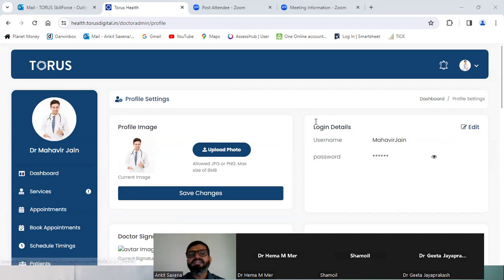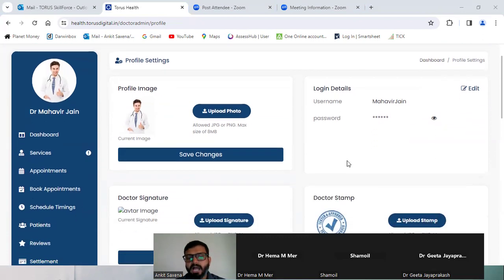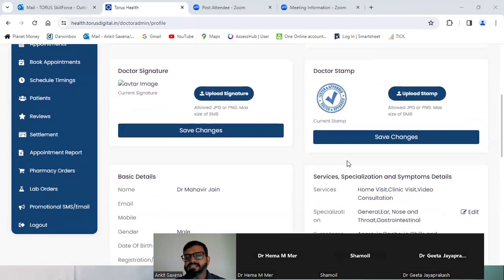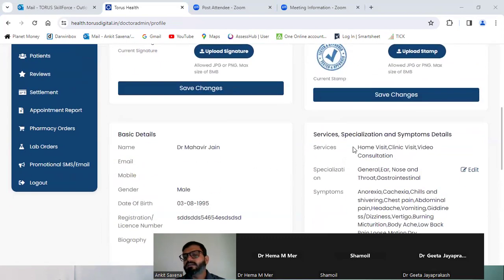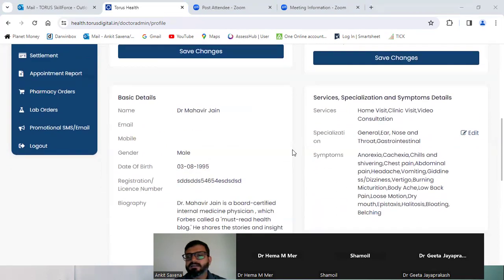Okay. So now friends, on this page, if I scroll it down, you will find there are certain segments that don't hold an edit icon. Okay. Now these basic details are not editable. And that is the reason you cannot see an edit icon on this box here.